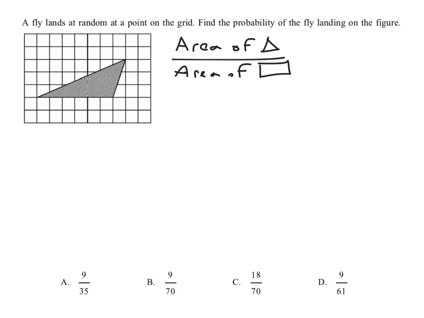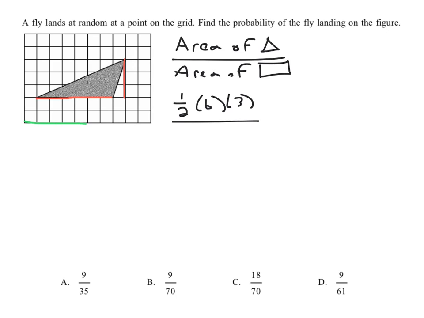Yeah? So what's the area of a triangle? It's 1/2 base times height. What is the base? The base is 1, 2, 3, 4, 5, 6 units. What is the height? The height is 1, 2, 3. So if you said area of a triangle, 1/2 the base of 6 times the height of 3 over the entire area of the rectangle, which is just the base times height, and the base is, let's see,